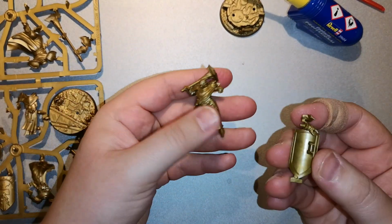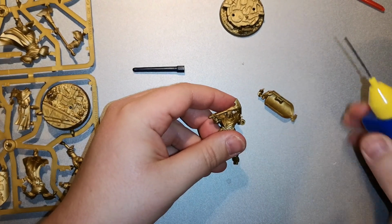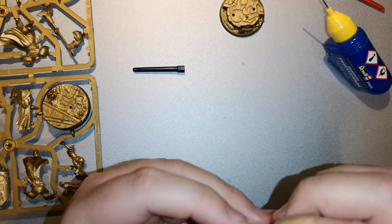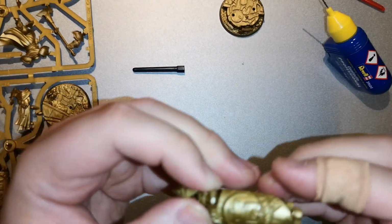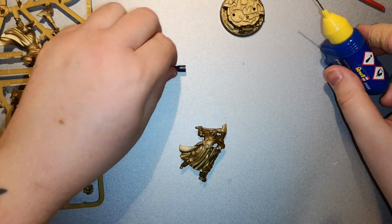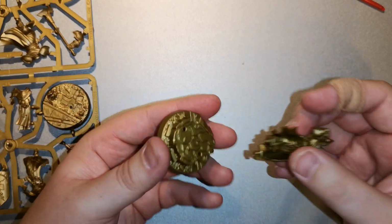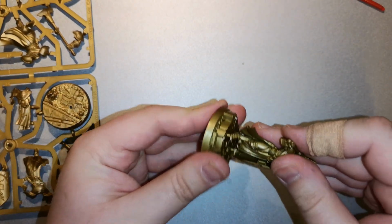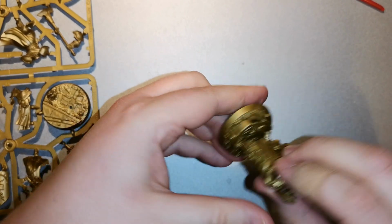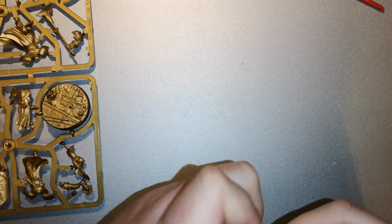And then all we do is the last little bit, which is attaching her shield, and away we go. When that gets in there, it can be quite tough sometimes as well, so don't be too alarmed if you need to put on a bit of pressure. So I'm not gluing it to the base because I like to paint base completely separate, so it gets a bit of a different look and I can get a bit more detail work into it. But that is how she's going to look. So if I can get her onto the base, then pins are very, very tight in them holes, so sometimes you have to give it a good amount of force, and